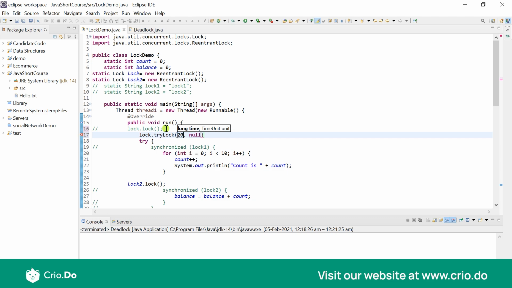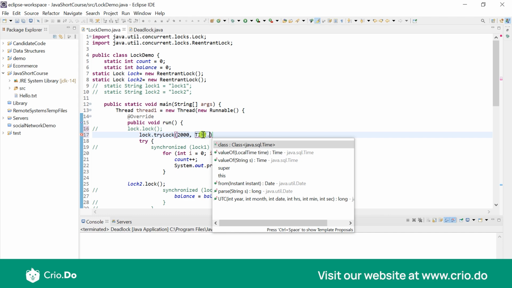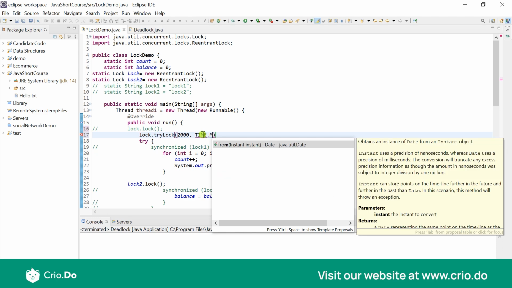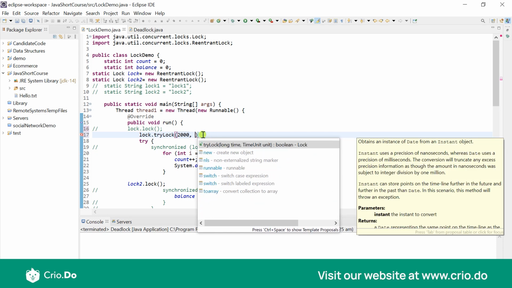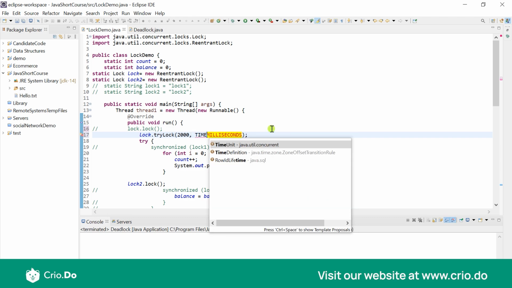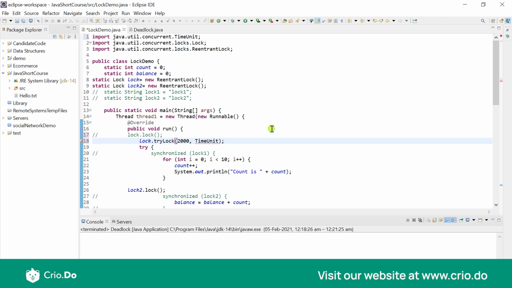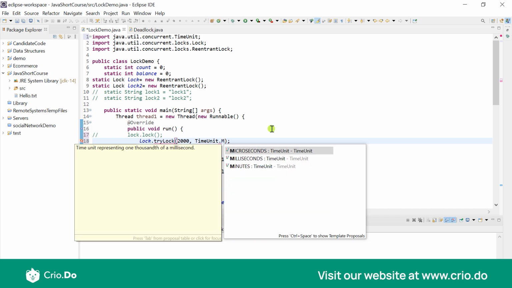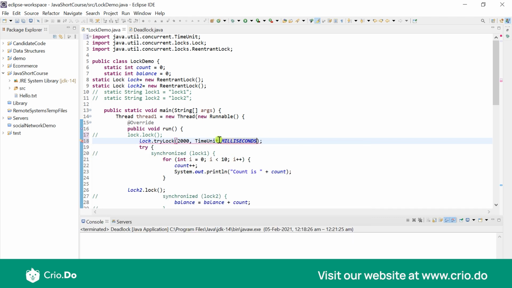So, let's say, for example, for 2 seconds, I would keep waiting for a particular lock. And this is time in milliseconds, okay? So this is time unit in milliseconds.